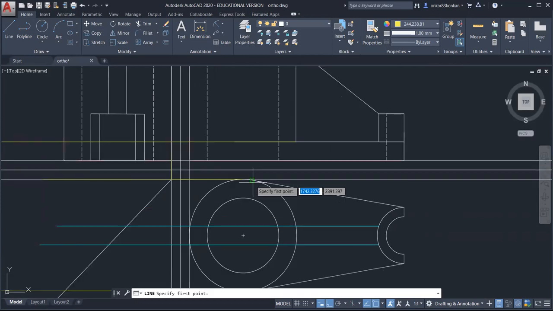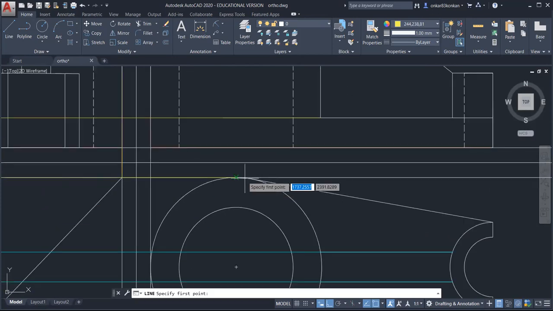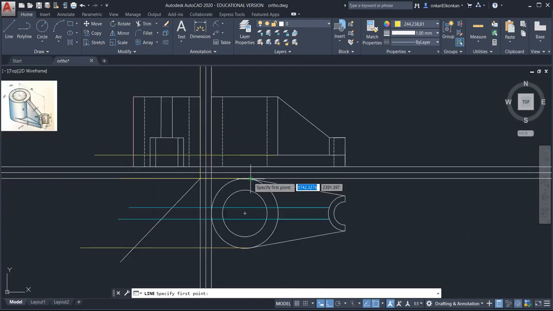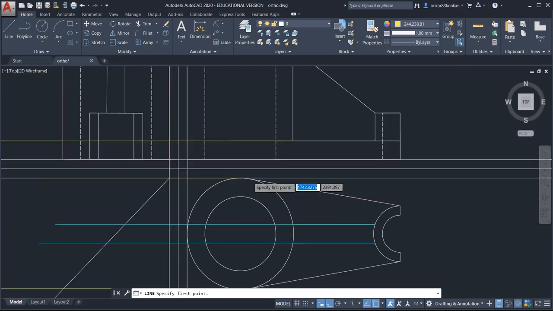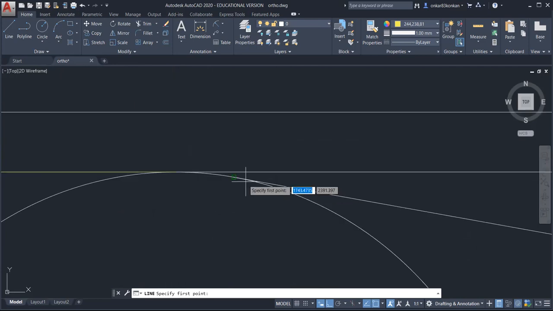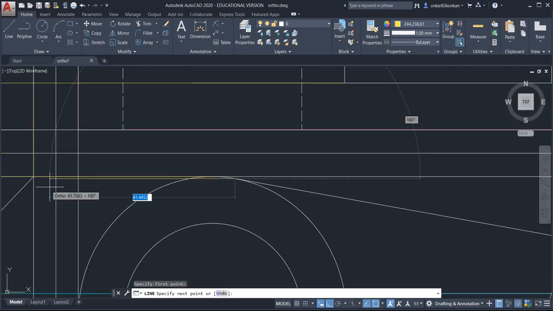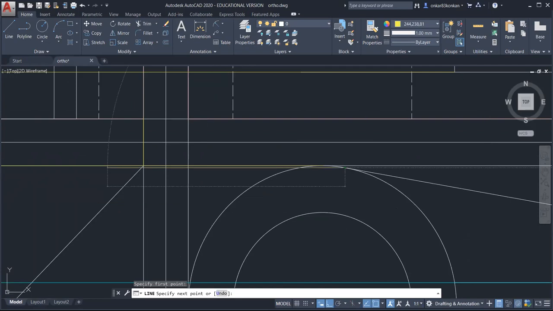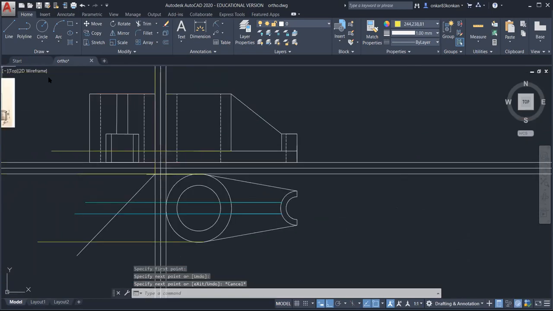Again from this point, then draw the vertical line.